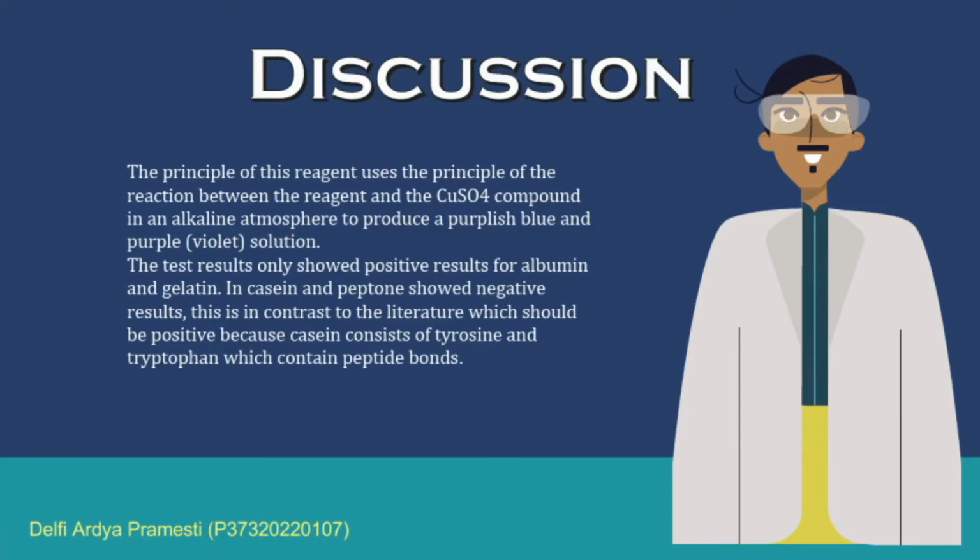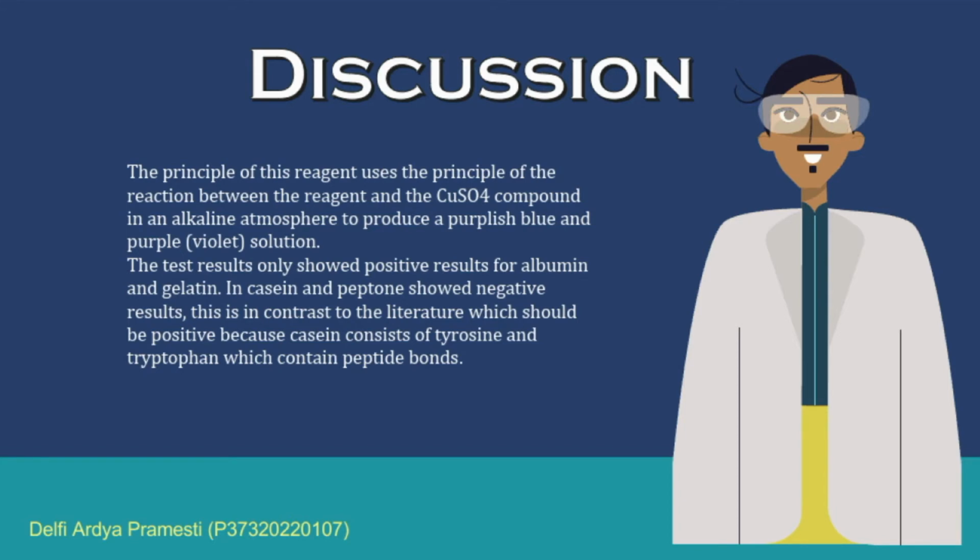Discussion: the principle of this reagent is the reaction between the reagent and the CuSO4 compound in an alkaline atmosphere to produce a purplish blue, purple or violet solution. The test result only shows a positive result for albumin and gelatin. Casein and peptone show a negative result. This is in contrast to the literature, which says it should be positive because casein consists of tyrosine and tryptophan, which contain